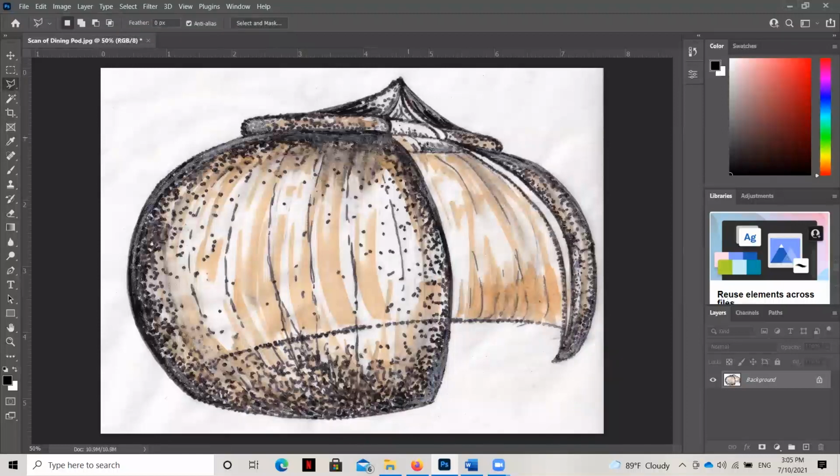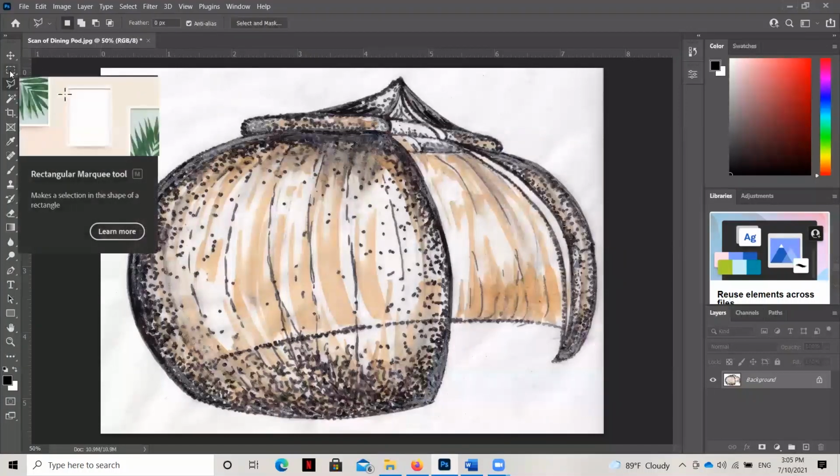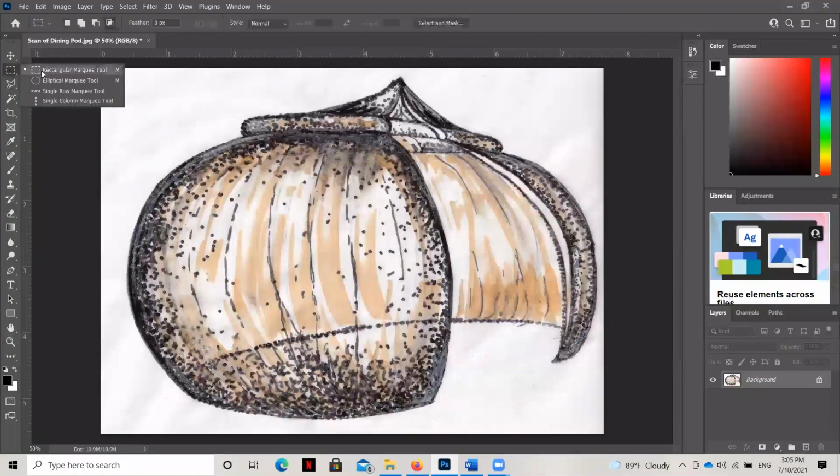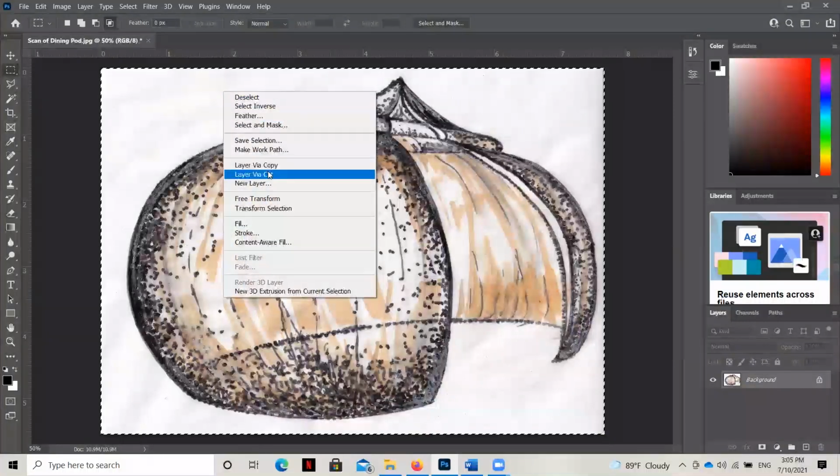And so a couple of things I'd like for you to notice. The first is that the image comes in as a background layer, which means that Photoshop isn't going to let us manipulate it at all after we've opened it. So what we have to do is first begin by selecting the entire image. You can do it like this, or you can hit Control A. But this is called the rectangular marquee here that I use. So I've selected everything. And then I'm going to right click on my mouse and do layer via cut.